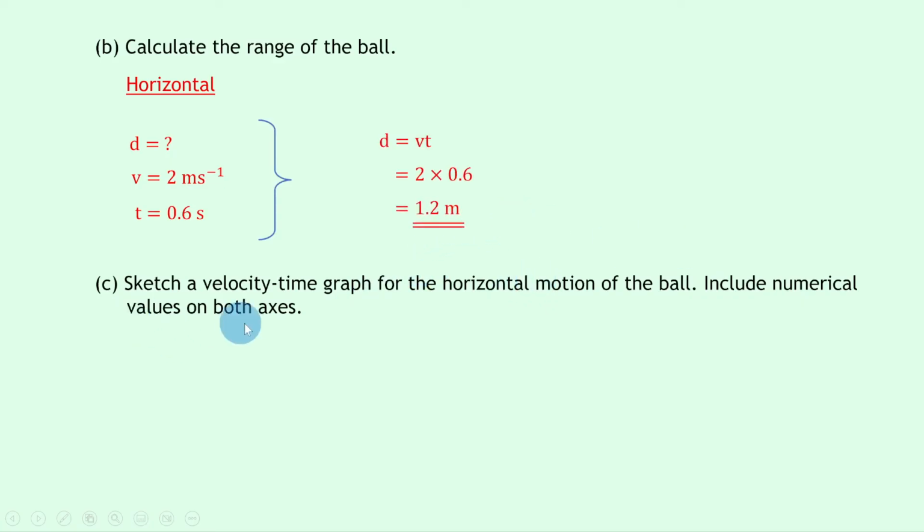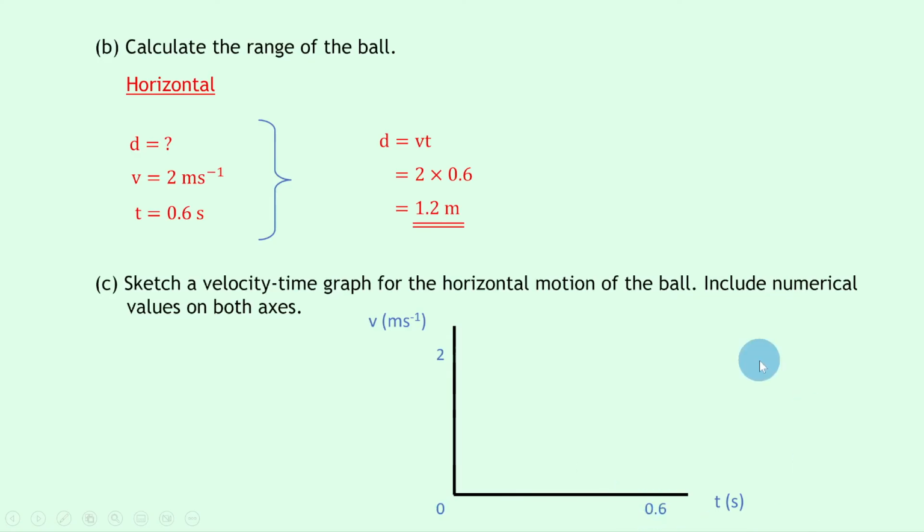Part C then says to sketch a velocity time graph for the horizontal motion of the ball. Include numerical values on both axes. Well, let's draw our axes and then our labels. So we've got v in meters per second and time in seconds, and let's include some numerical values there. So we've got the origin 0, we've got 2 meters per second for the horizontal velocity,